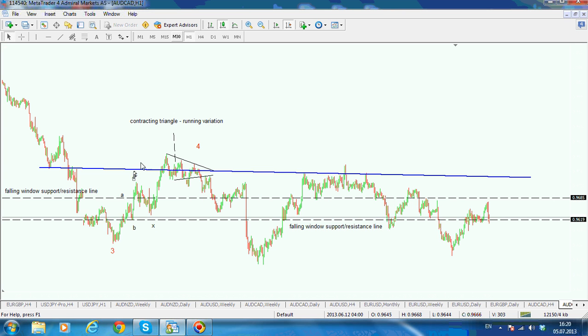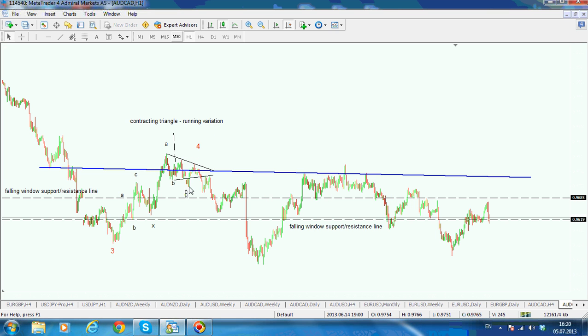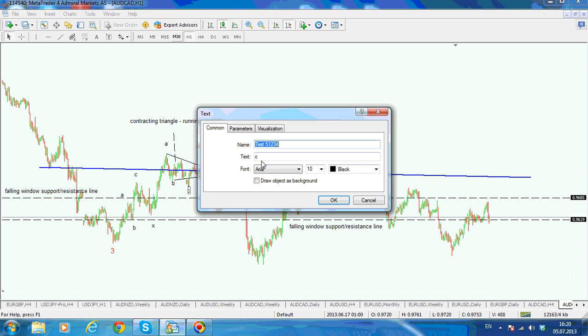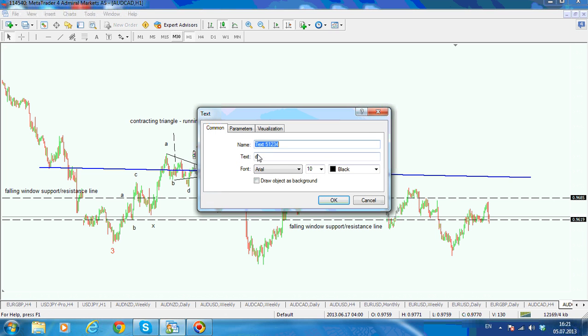and then this will be the triangle with A, B, C, D. So with the D wave being longer than wave C, this is typical on a running variation, D, and then the E wave to the upside, and from that moment on we are having